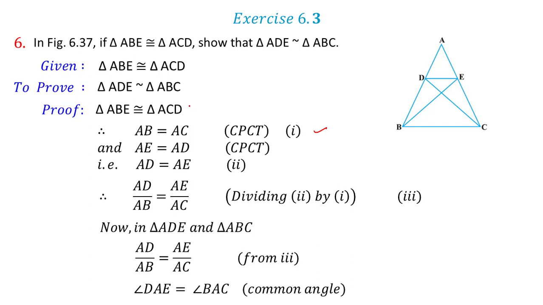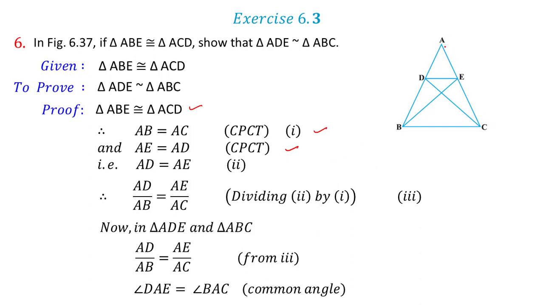Here the triangles are congruent, so corresponding parts of congruent triangles are equal. And in the same way we can say that AE is equal to AD. Now it is easy for me to prove because